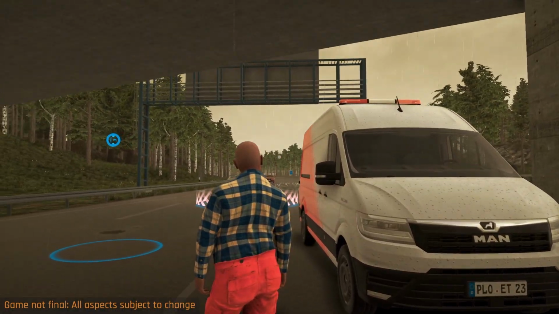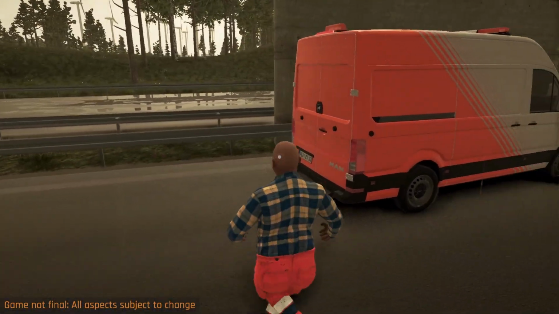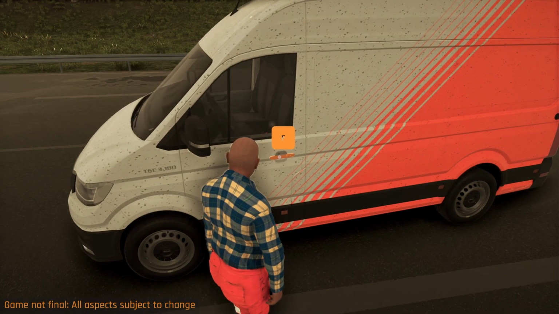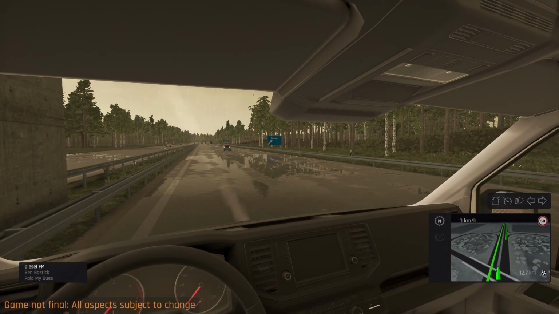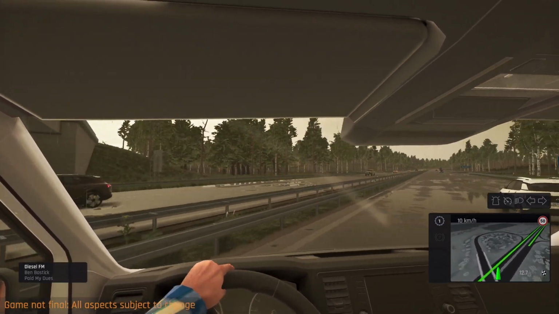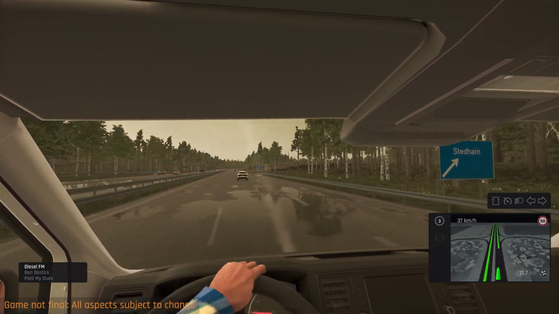As you can see here, the graphics are pretty damn good and the rain is pretty awesome. Once you have finished walking around and you want to just drive around a bit, you can jump into your vehicle. Now, I've had a couple of issues with this, in that the parking brake,